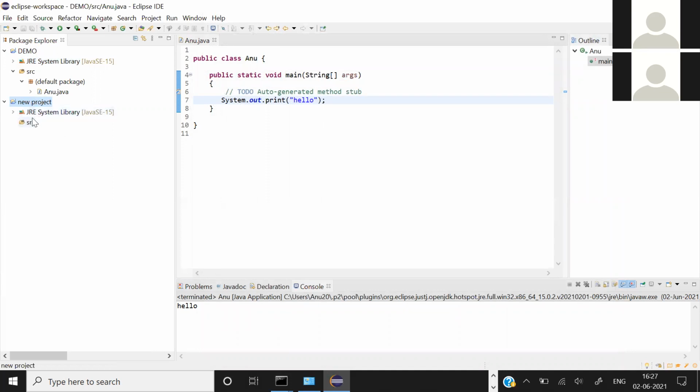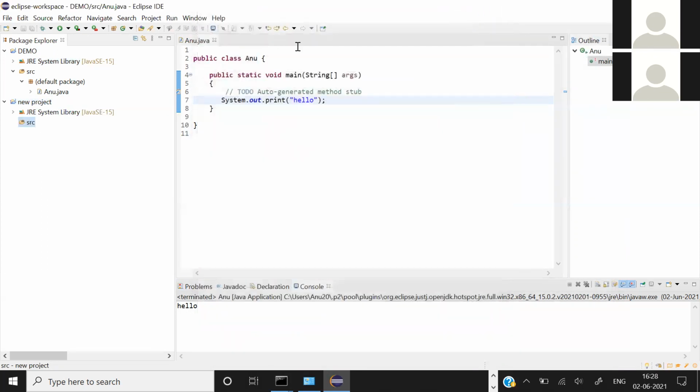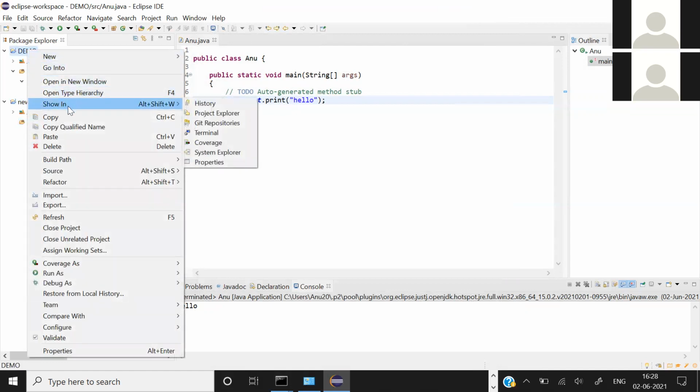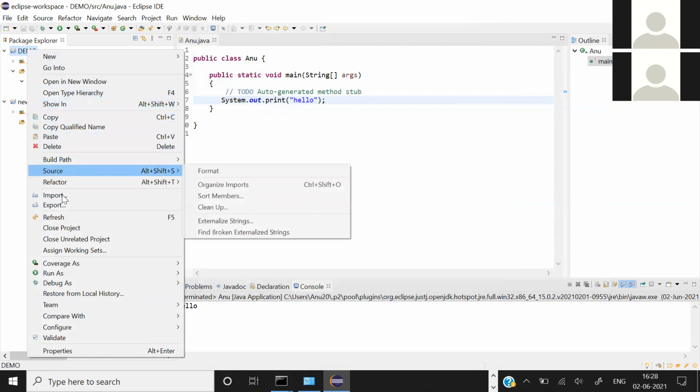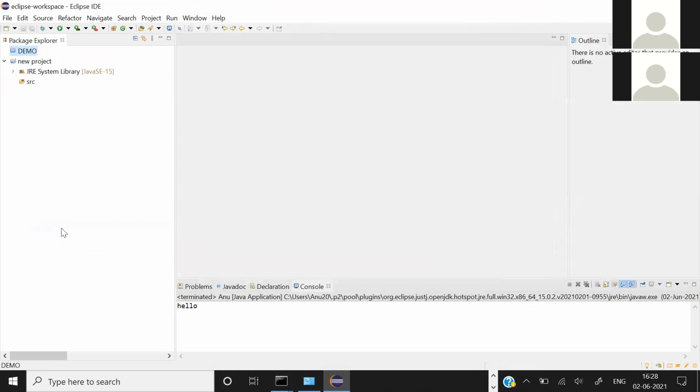Okay. So suppose if you want to close the project, how can you do it? Go to file, you can see close project. If you want to close the project, then just click on the project name, like demo, and right click, and you can see the close project option below. Once you close it, the project will close. It will not delete it, it will just close. It means that now it will not be accessible because you have closed it. So you can run it from the new project, the file.